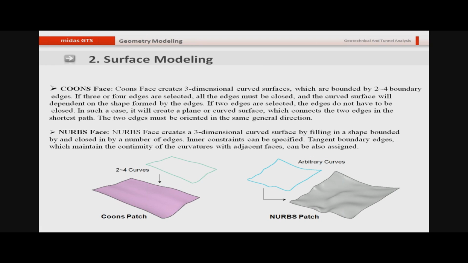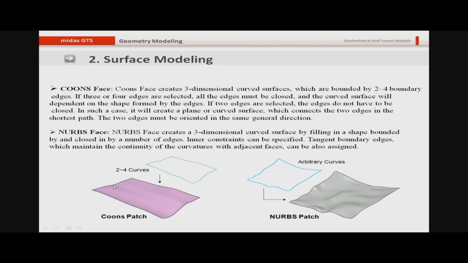For creation of a surface model, we have different types of faces which are available. A Coons face creates a three-dimensional curved surface which is bounded by 2 to 4 boundary edges. So if 2 or 3 or 4 edges are selected, and all edges must be closed, the curved surface will depend on the shape formed by the edges.